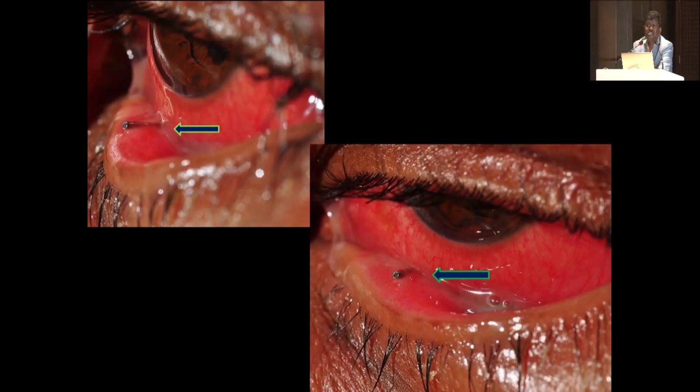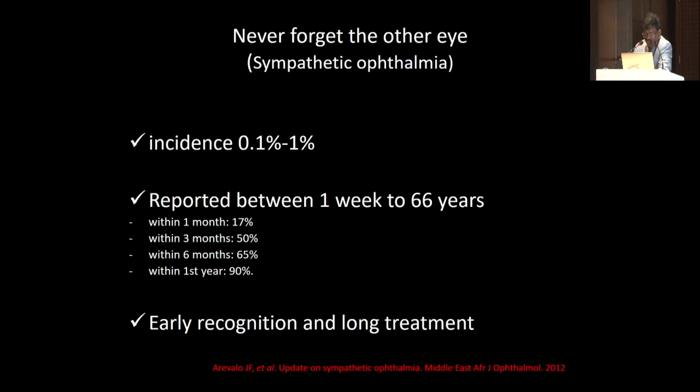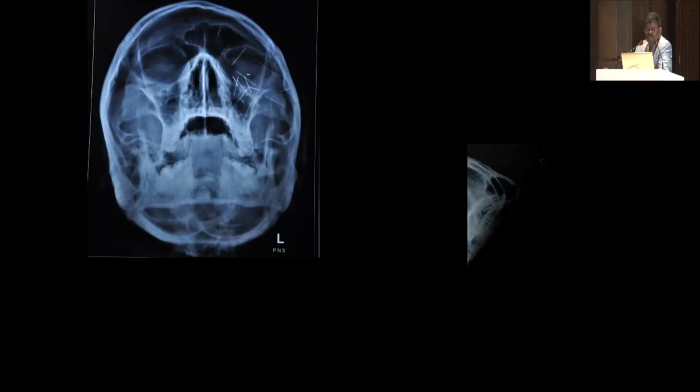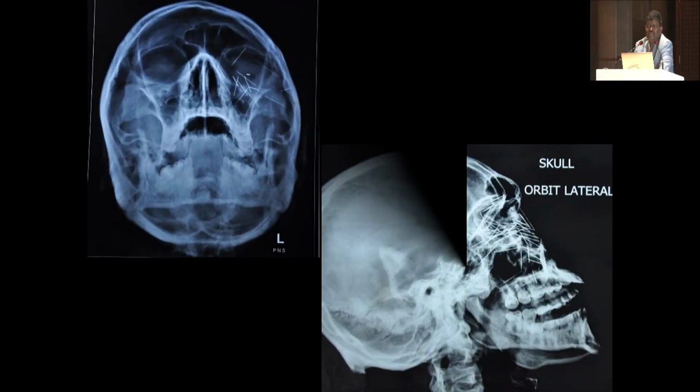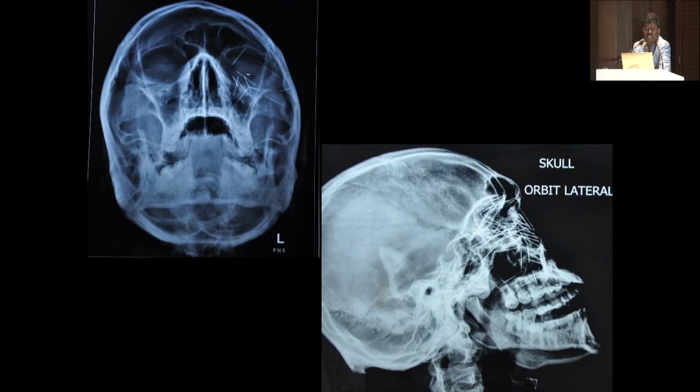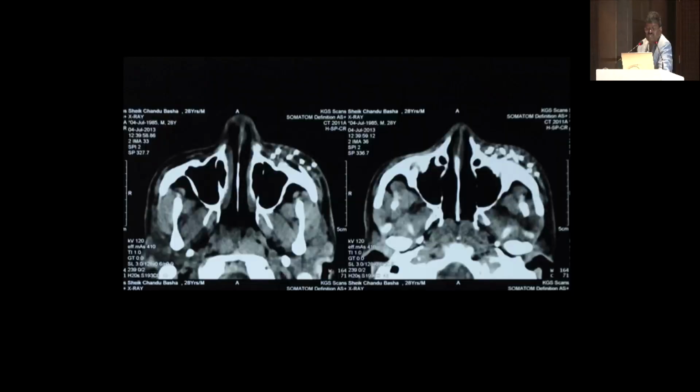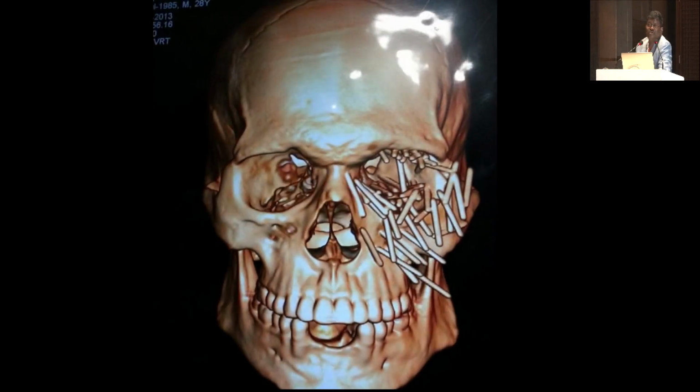So this is a case who came to us. We could see some 2 or 3 pins in the conjunctiva. Okay, so this was the X-ray. The left one was an X-ray which was taken elsewhere. The other one was done by us. So you can see the difference. There were some 10 pins in the other eye, and more than 60 were found in this eye. So this is the 3D construction of the CT, where you can find multiple pin-like structures inside the eye.